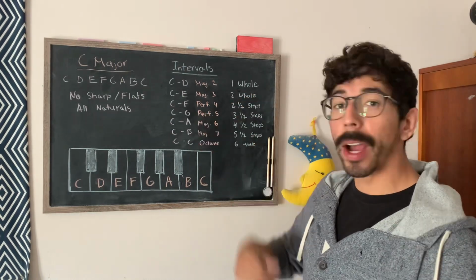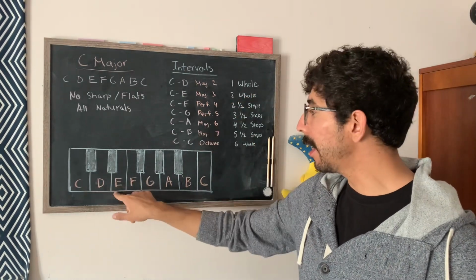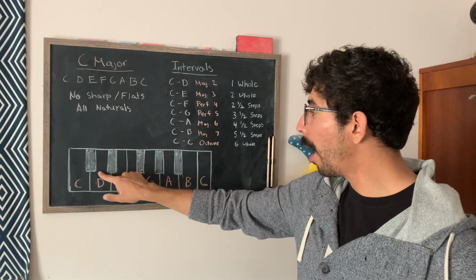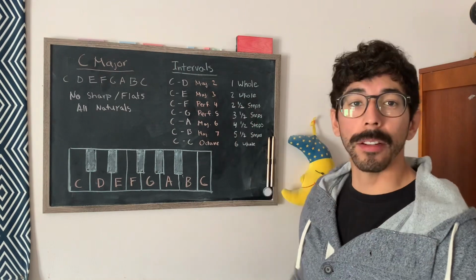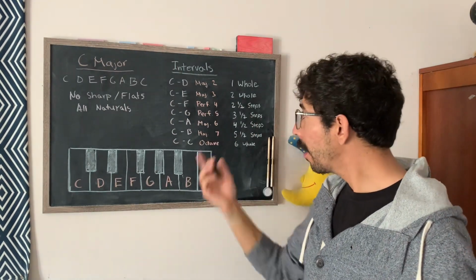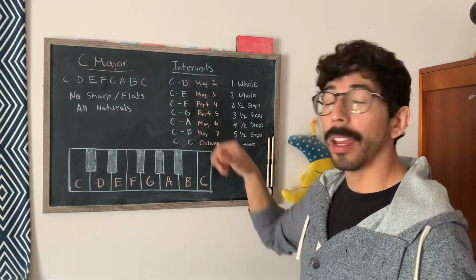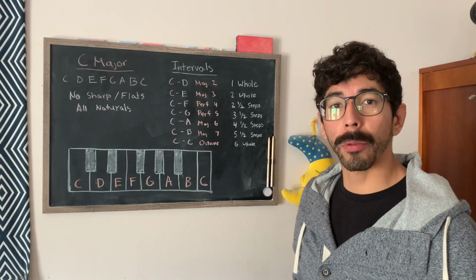Now the same thing applies to E. If we're jumping from C to E, we're going half, one and a half, two whole steps, and that makes a major third. Now we're going to F, and we don't use major or minor when we're talking about fourths